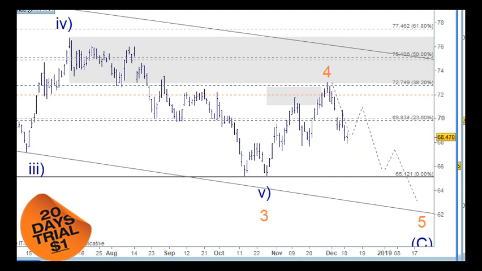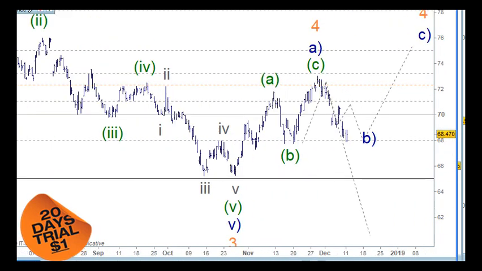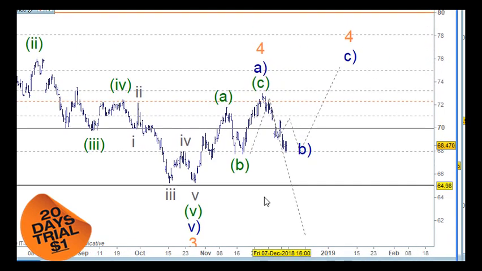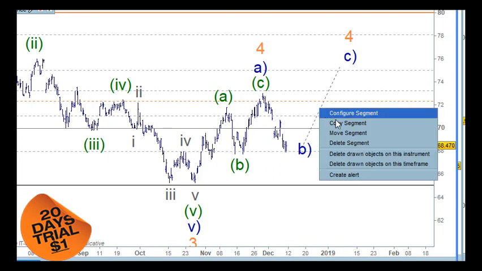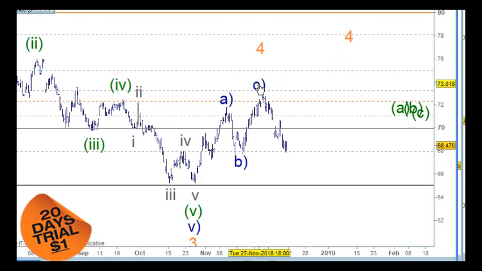But also, if I just go to the 4-hour chart here, I've got wave 4 as an A and a B and a C here, and that would be in blue to have that wave 4 here, okay? And that's fine. I'm quite happy with wave 4 being here, and in fact I'll just move these out of the way. I'm going to put this here as the A wave, the B wave, and the C wave for wave 4 here,